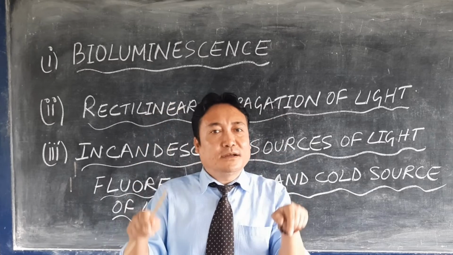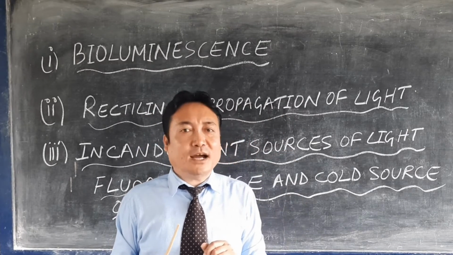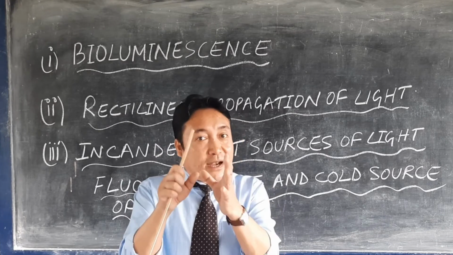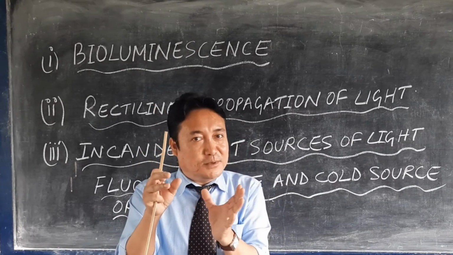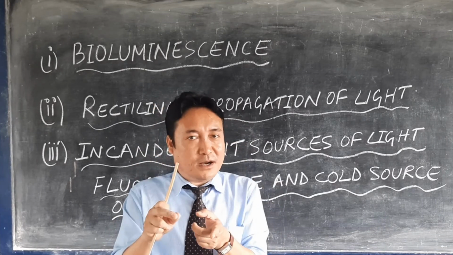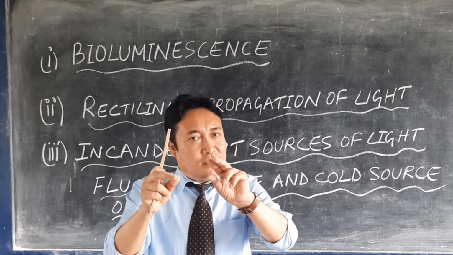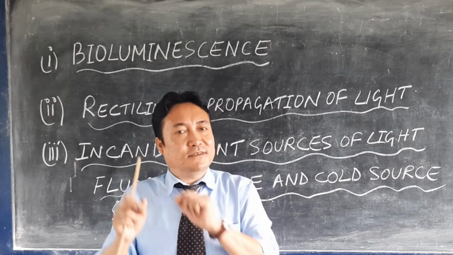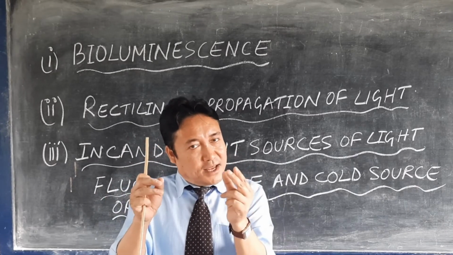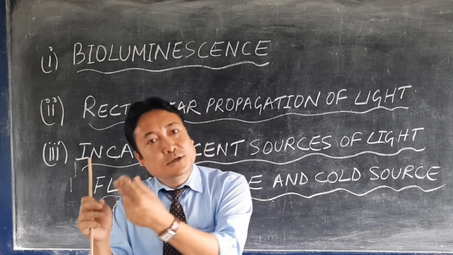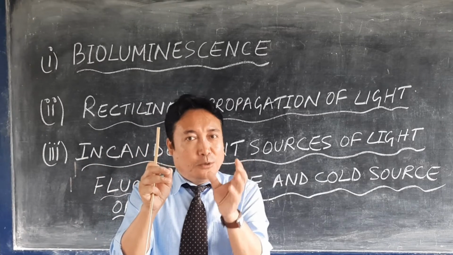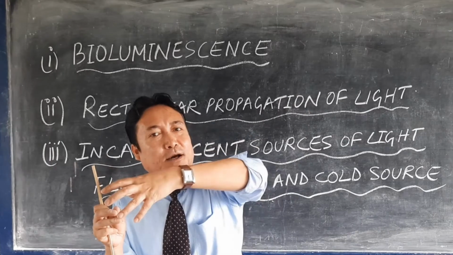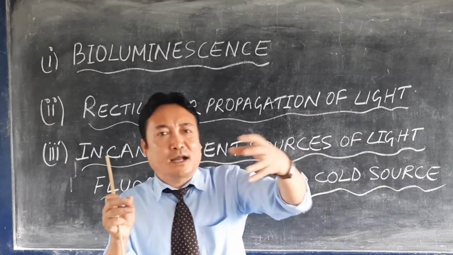You take a cardboard, three cardboards you take. Cardboard in the sense, you can take the practical copy, the science copy, the hard outer cover. Take three cardboards. You make a hole at the center of the cardboard. That means the hole should be equidistant, not one a little bit up, another down, another in the middle.